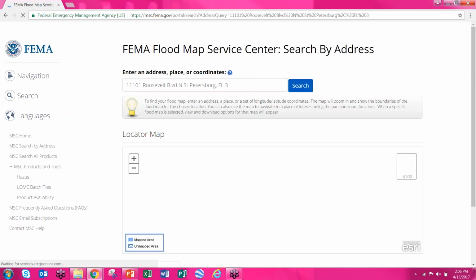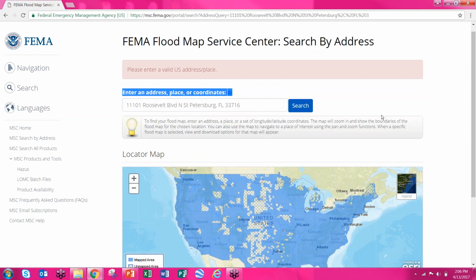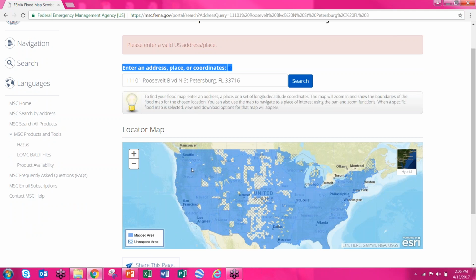Oops. Let me try that again. 33716. So as you can see, if you don't put in the full address, the map down here doesn't pull anything up. So you do have to put everything, including the zip code, into the system, and then you will